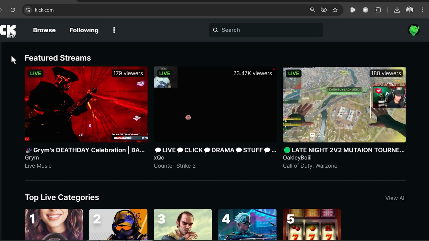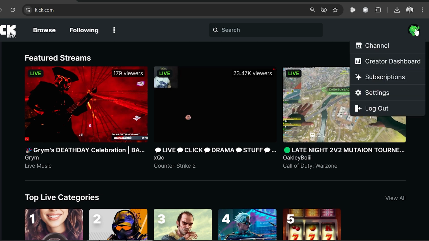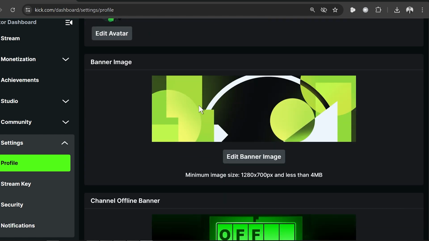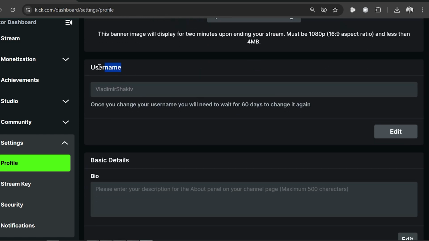In this video, I'm going to show you how to change username on Kik. So in order for us to get this done, I want you to head over to your profile on the upper right corner, and then we're going to go ahead and click the settings. Now down here, I want you to go ahead and scroll down, and you should be able to see your